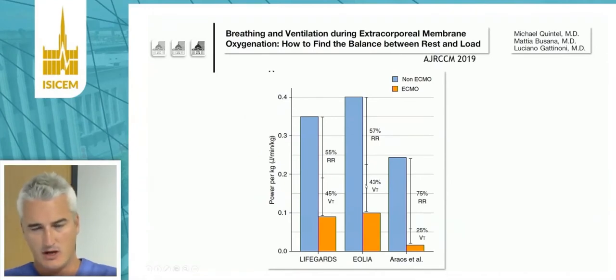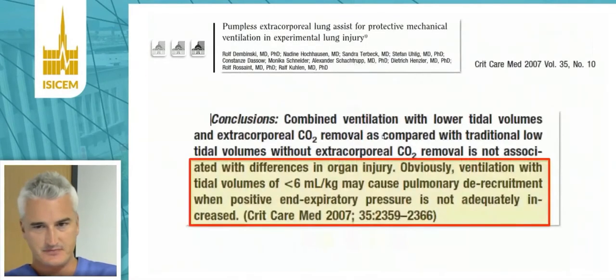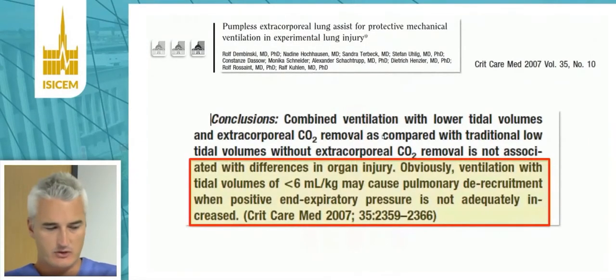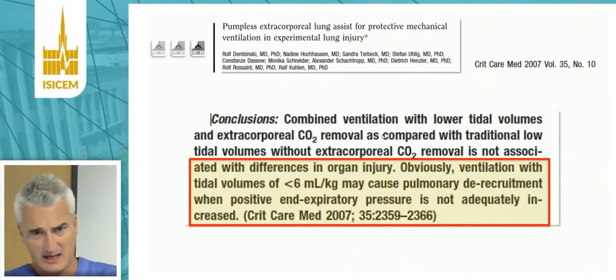Reduction of tidal volume accounted for 43% of the mechanical power reduction, whereas respiratory rate reduction accounted for 57%. So obviously, if we reduce the tidal volume lower than 6 milliliter per kilogram with a target below